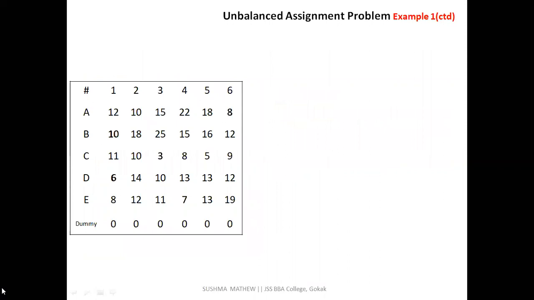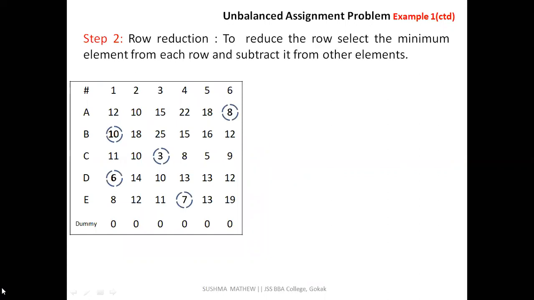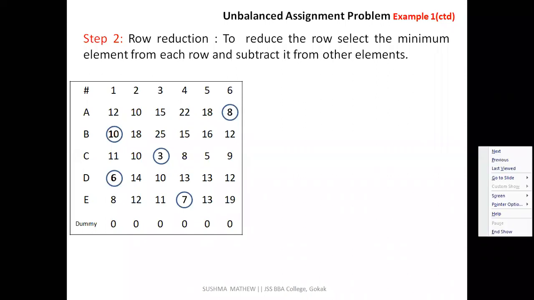Once we know that it is a square matrix, go for the second step, that is row reduction. When we do that row reduction, how are we going to do it? Ramesh Sutar, can you tell me what row reduction means? Ramesh is there, I believe. Ramesh? Ma'am, minimum number in row. Minimum number in each row, not in the entire matrix.